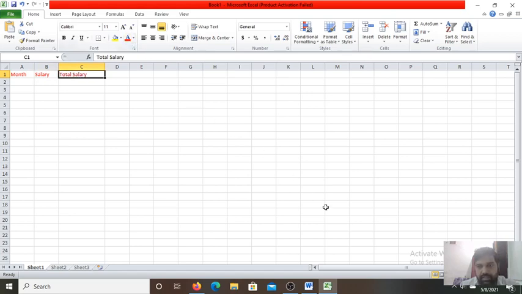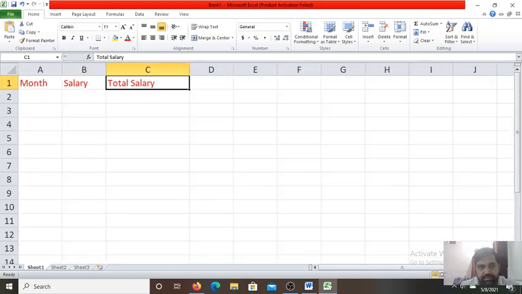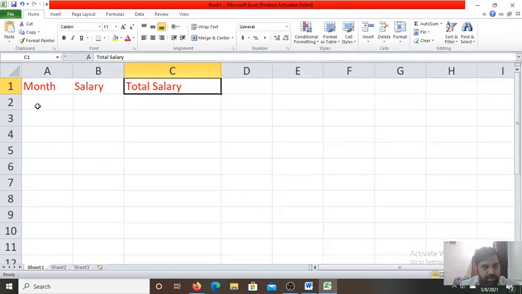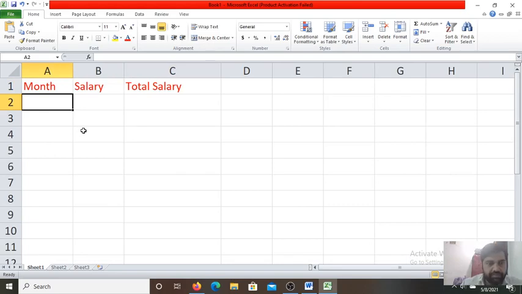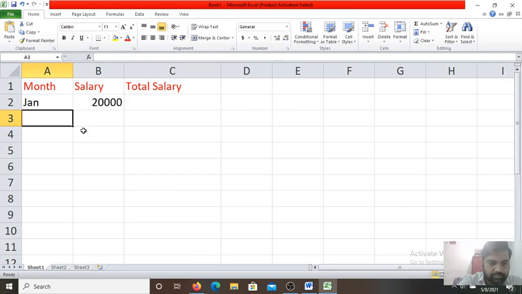Let me make this red color, or let me maximize it. Now, under month we start with January, salary is 20,000. Next February, salary is 35,000.